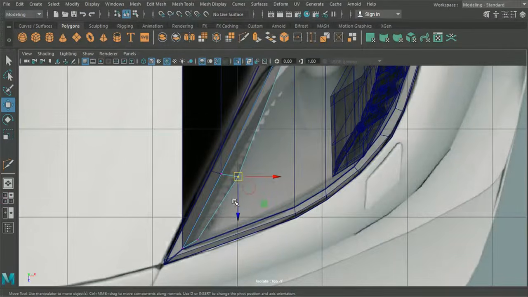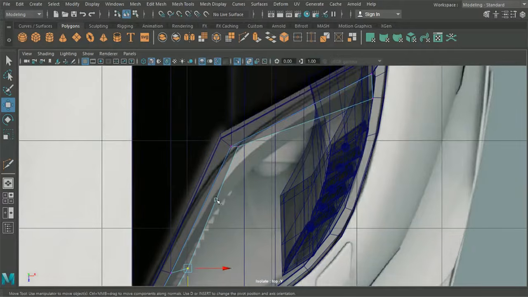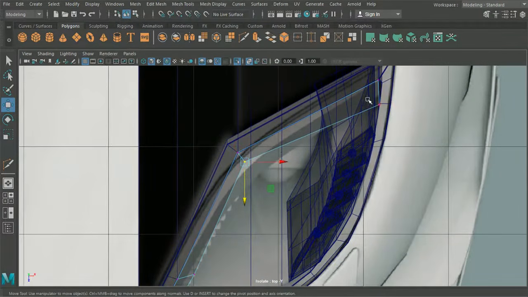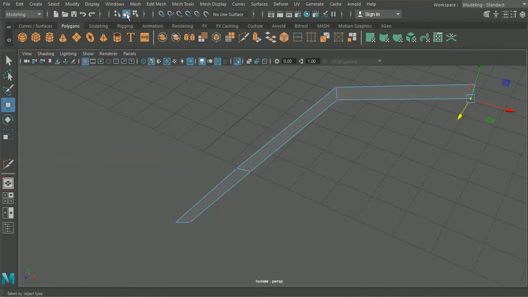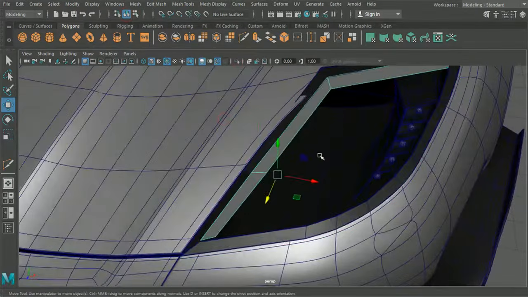Check our top view. Okay, so it'll look something like that. It's a bit tricky because of the lack of geometry that we have in that area, but should be fine.